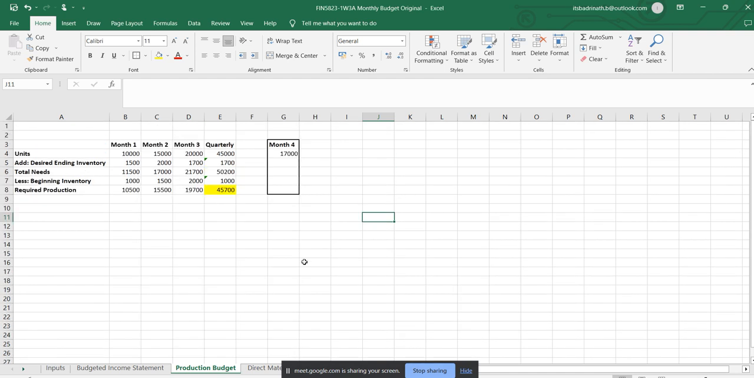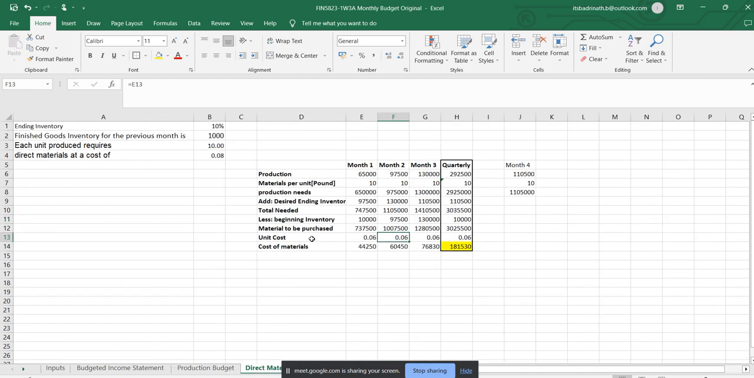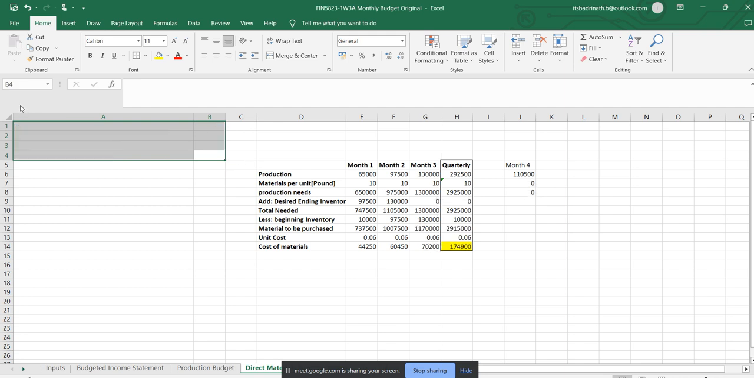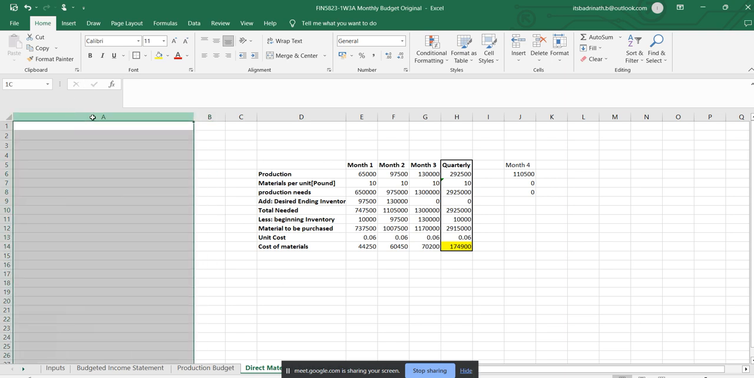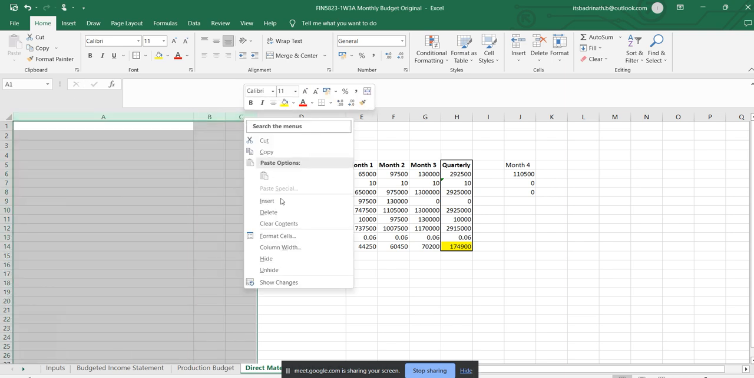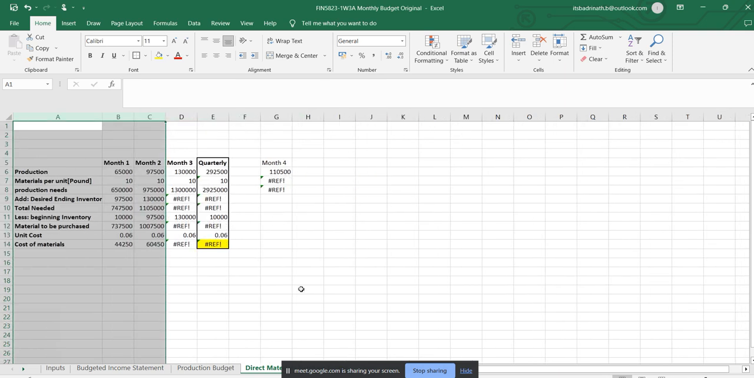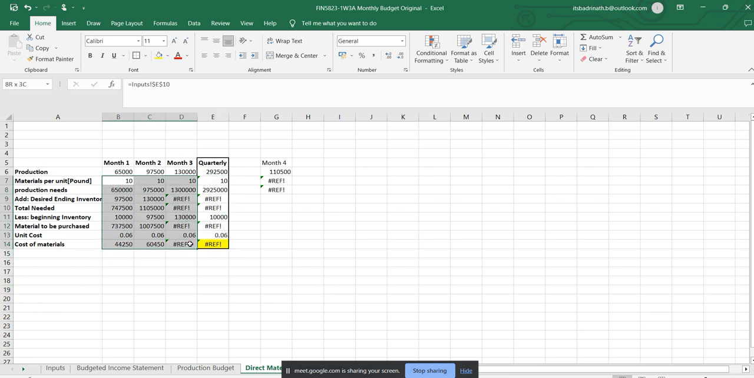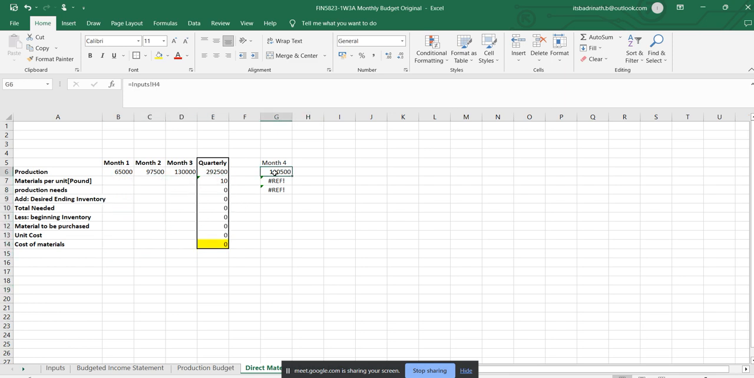Okay. Now we have production values. Then we are supposed to calculate the direct materials budget. This is the second part of the question. Okay, so let's fine, ignore all those things. Let us take all the values fresh. Okay, now